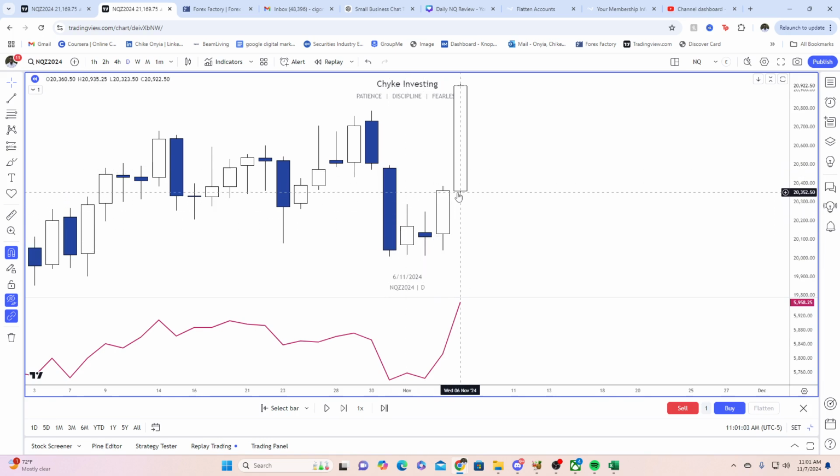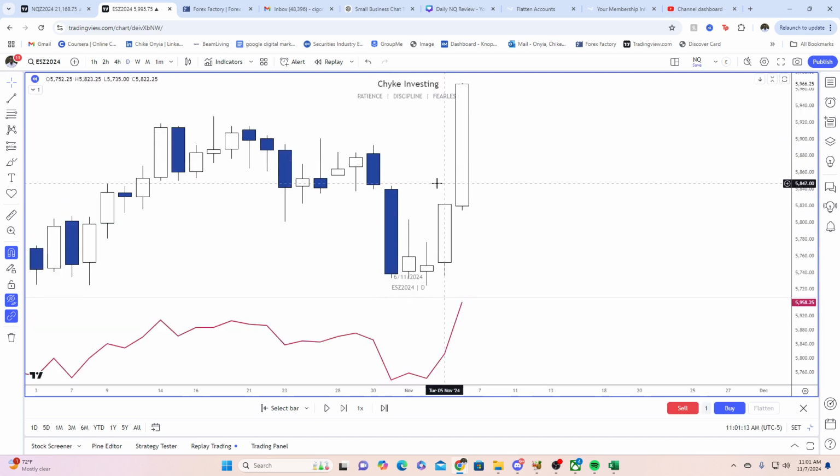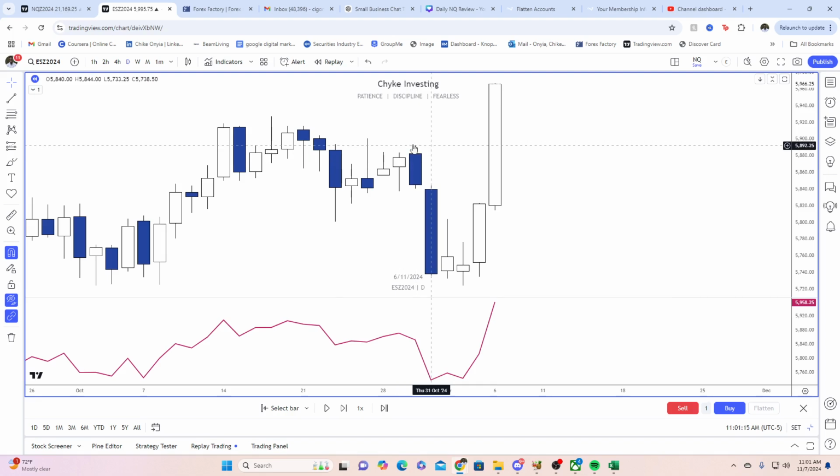But you can see on the third day here, or technically the fourth day after this candle formed, we expanded much higher past this daily high and low. That is very characteristic. I believe ES did something very similar a couple of days ago. I'm trying to find that candle here. This daily candle had not been taken out by this candle, so it looks similar to the candle we just talked about. It's called a volatility filter candle. It typically happens on a day that is inside the previous day's daily candle range, and you can see the next day after that, it exploded and took out that high.